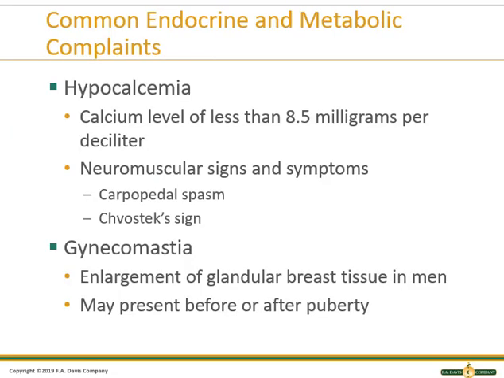Section 11 starts on page 875, and the first thing we're going to talk about is hypocalcemia. And we know that that is a calcium level that is lower than normal, and by the book's definition is less than 8.5. When our bodies have lower calcium levels, there's an increase in the release of PTH, which is your parathyroid hormone, and this leads to calcium stores being pulled from the bone and increased absorption of calcium